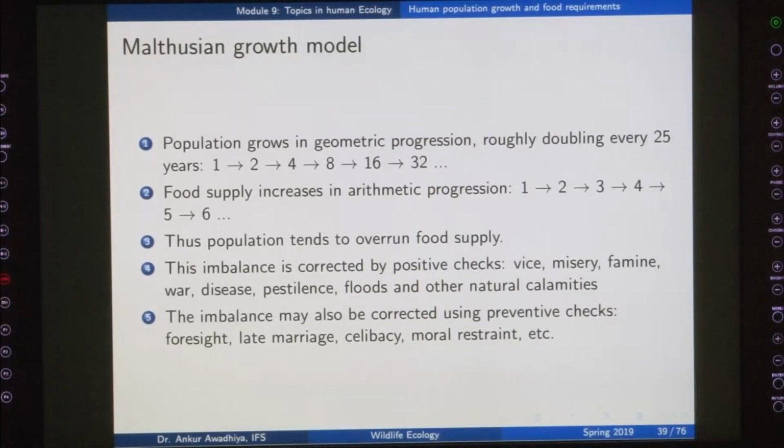Now, if you remember our talks on Darwinism, that also said a very similar thing, that every organism tends to overproduce, but the resources are limited, and so there is a struggle for existence. Now, in the struggle for existence, there are some organisms that die out. So, when you have overpopulation,